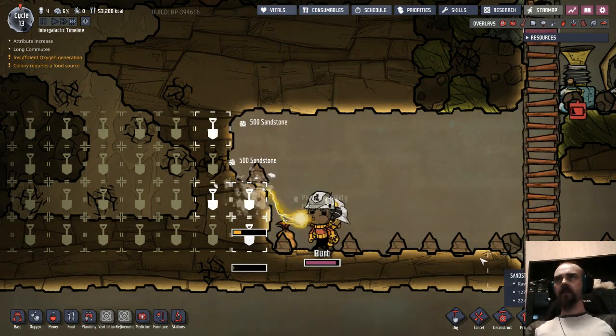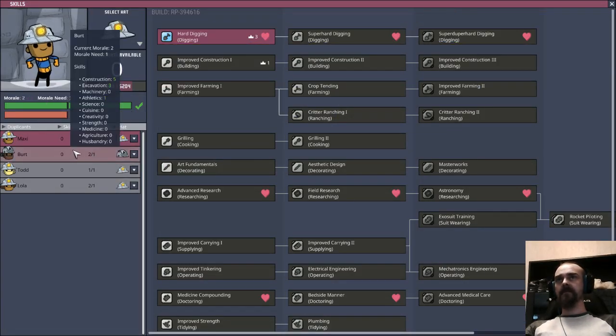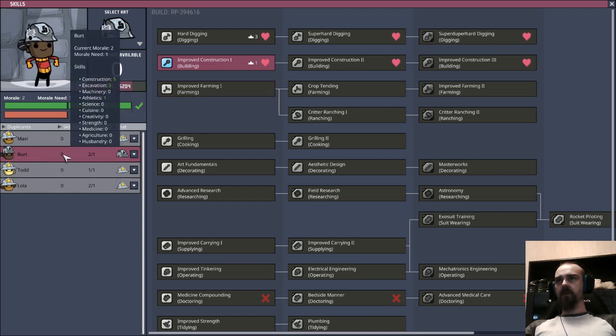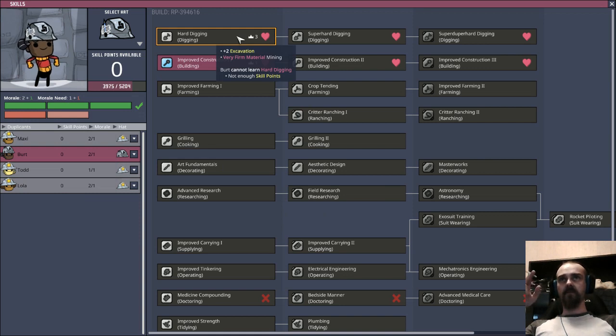Attributes. If you get enough attributes, you get skills. You can put those in here. Let's see, morale is 2. You need 1 more to level up, or to get another point here for skill. Right, skill point. You can put that in anywhere. If you put it in there, though, you're going to be